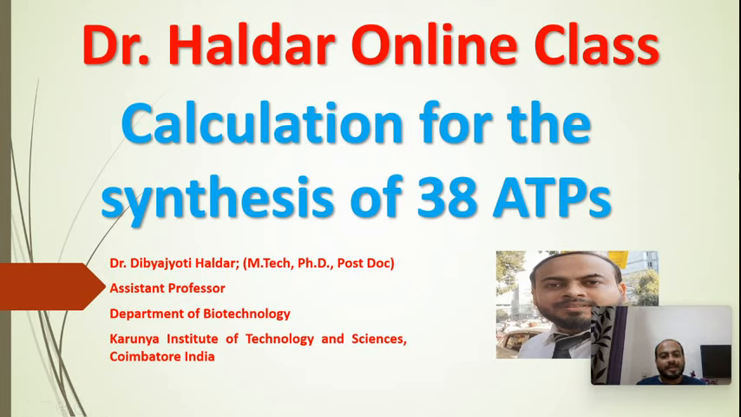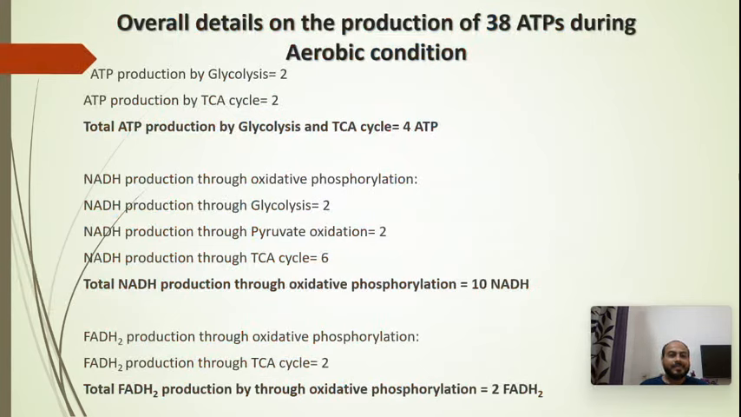Today we will be seeing the calculation involved for the synthesis of 38 ATPs during aerobic conditions. Now here, the detailed calculations for the synthesis of 38 ATPs during aerobic conditions is given. We know that